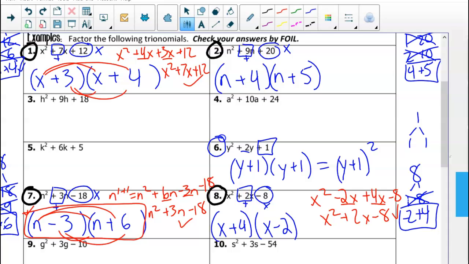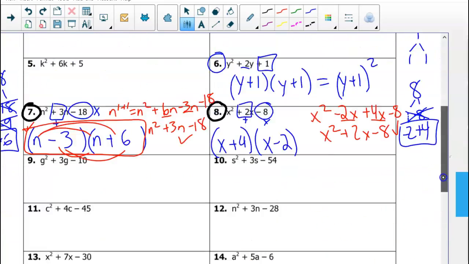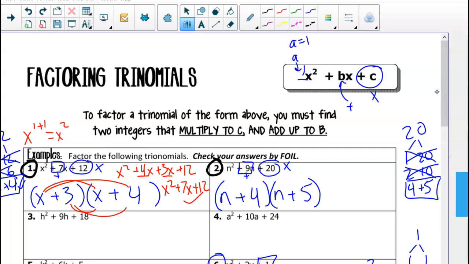That would be the same thing. This is what you call a perfect square trinomial. And we'll get into that a bit more later. You will now have time to practice factoring when a equals